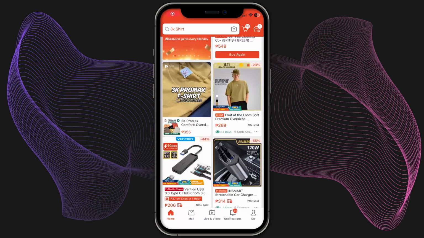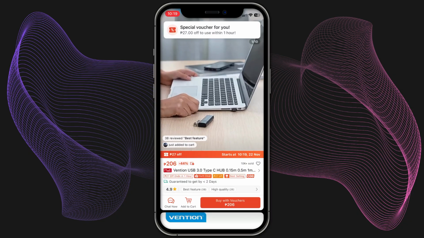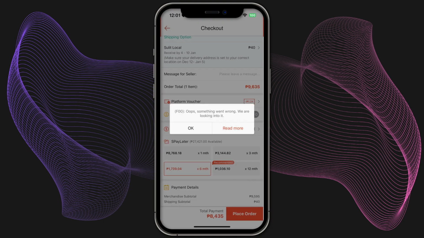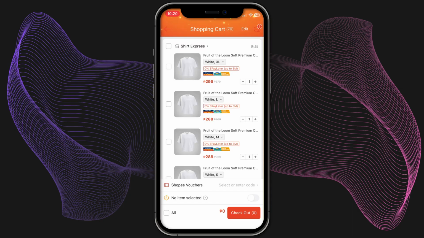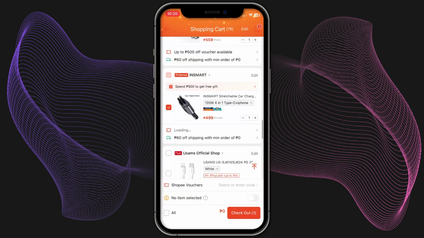So if you're running into the Shopee F00 error, here's a simple way to fix it. This error usually happens when there's a problem with the app's connection to your account session. So the first thing to try is logging out and logging back in. If that doesn't work, clear the app cache in your phone settings, assuming you're on Android, or update Shopee to